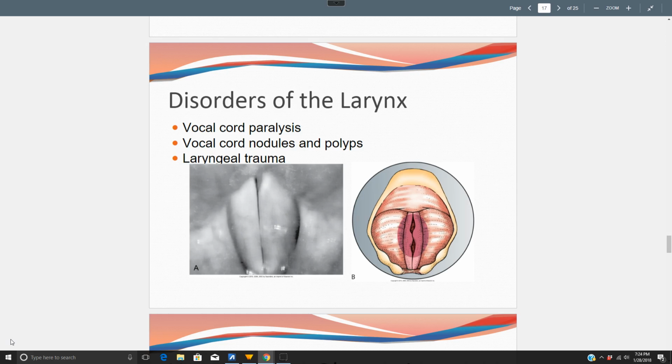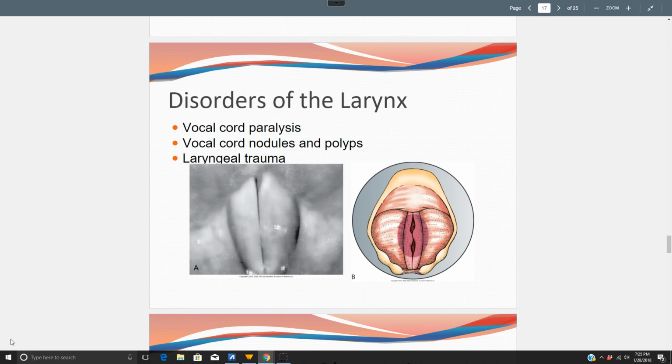Sometimes we see this happen when people are intubated and those endotubes are in for a long period of time. It can be temporary, and it's rarely permanent paralysis. It can also occur with neural problems, damage to the vagus nerve, maybe a chest injury, or maybe a brainstem injury. Laryngeal nerves may be damaged from trauma or disorders that involve the chest, the esophagus, or the thyroid. Usually one is affected, but you can see paralysis of both